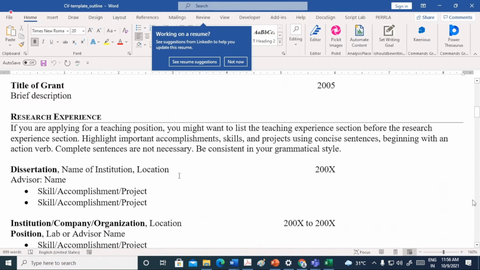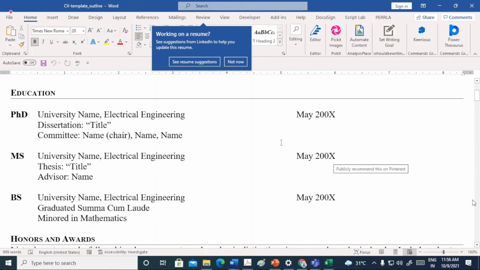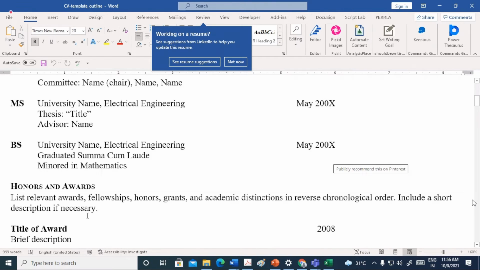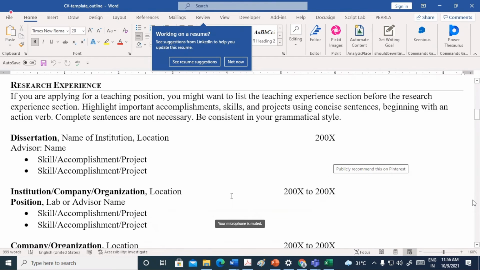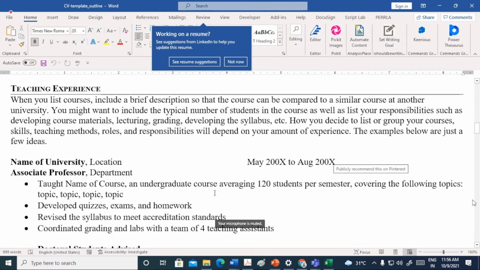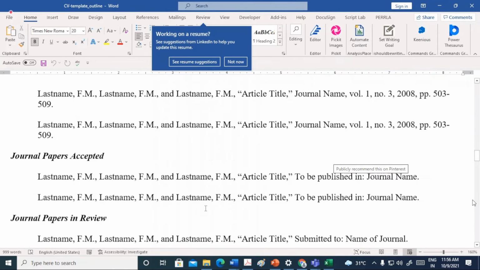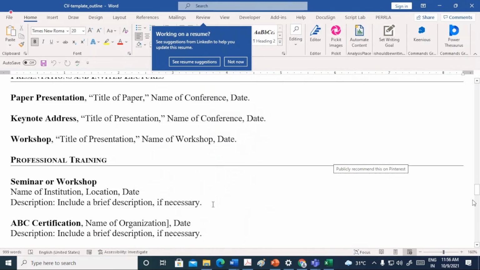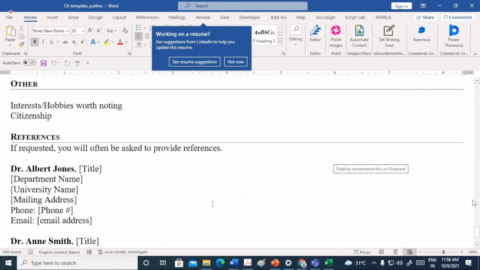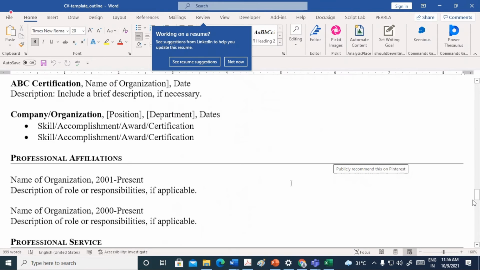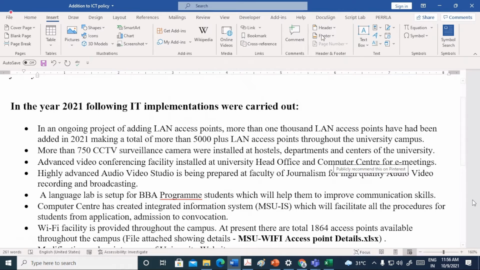See this already formatted. What you need to type is PhD, your PhD degree, master's degree, bachelor degree, honors, awards. Now this is pre-formatted. Okay, pre-formatted. So various such pre-formatting options that you can find with Vertex 42.